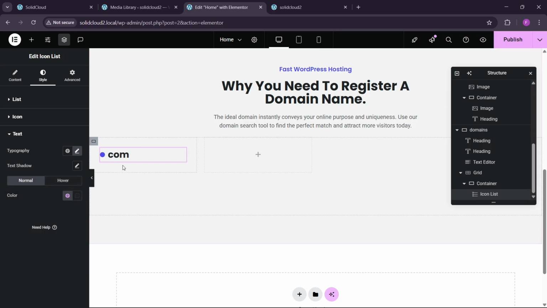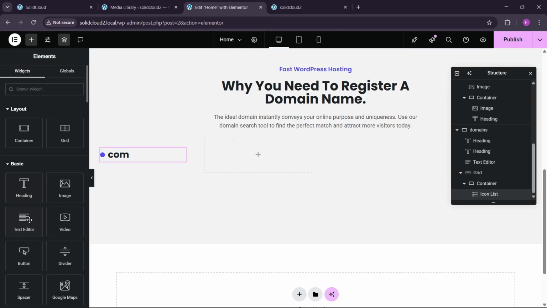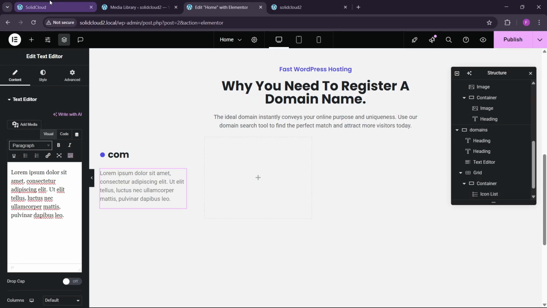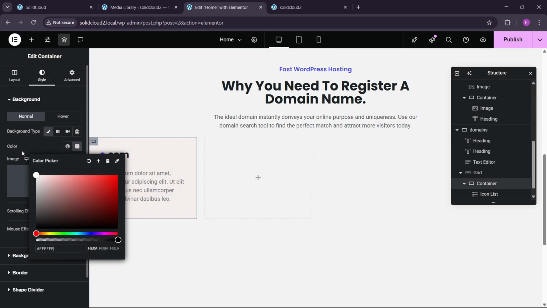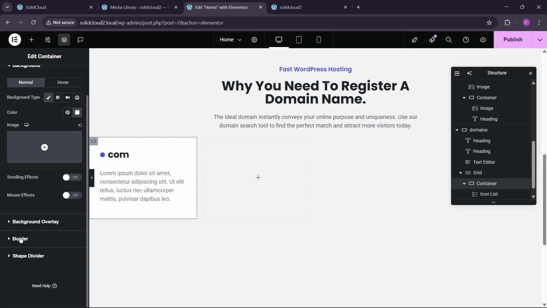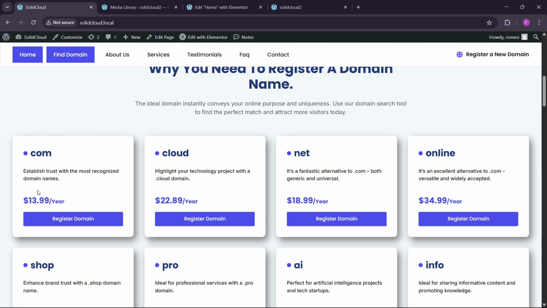Okay, we can have this black color here. And here below that we can add a text editor. Let's first make this white, so we can see. Let's add some border radius here, 10. Let's add some box shadow, the default one. Okay, now we can go to this,